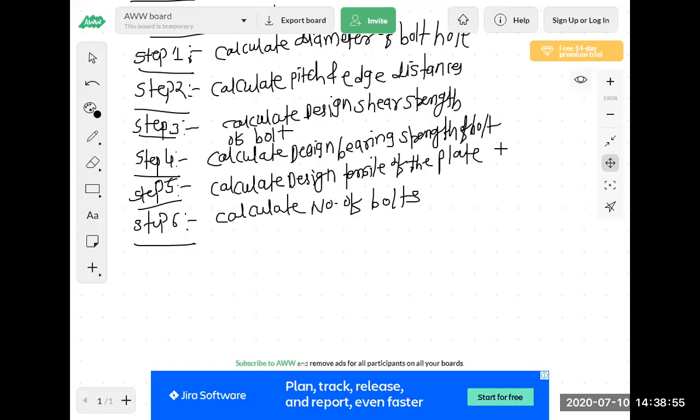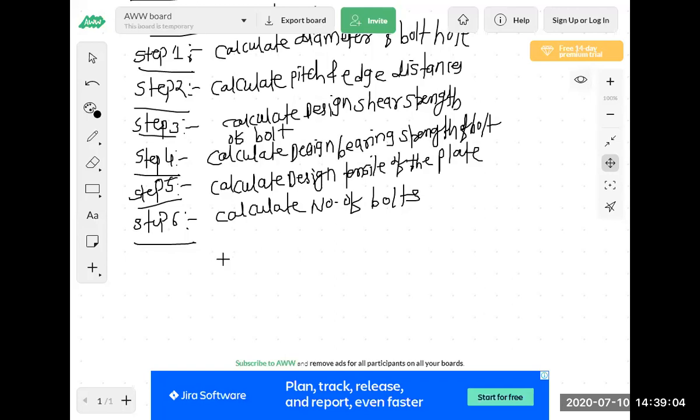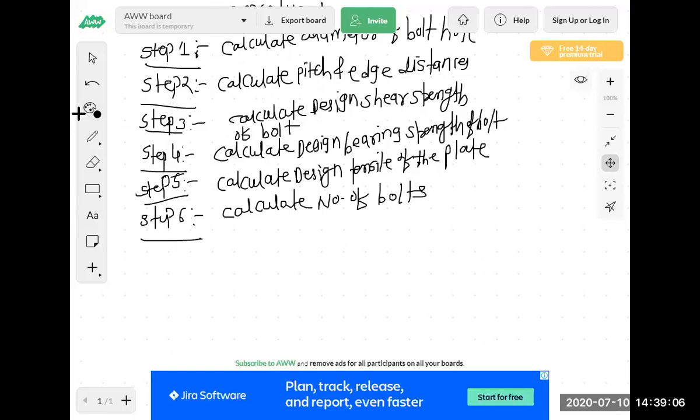So write down first the procedure, then we will understand each and everything while solving the problem. So here we have to calculate number of bolts. So how to calculate number of bolts? So write down the number of bolts is equal to design factored load divided by